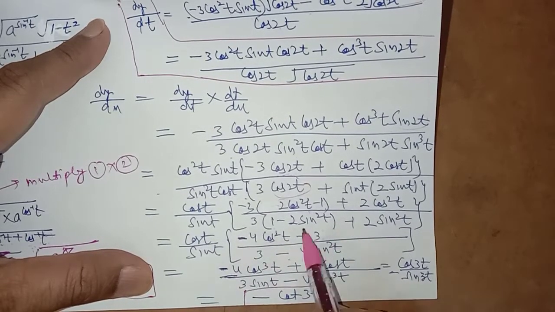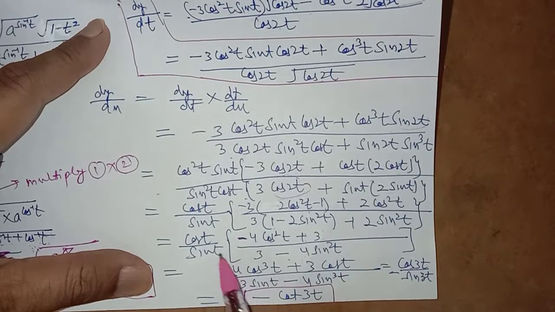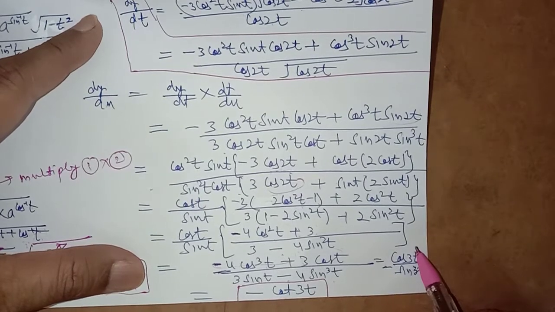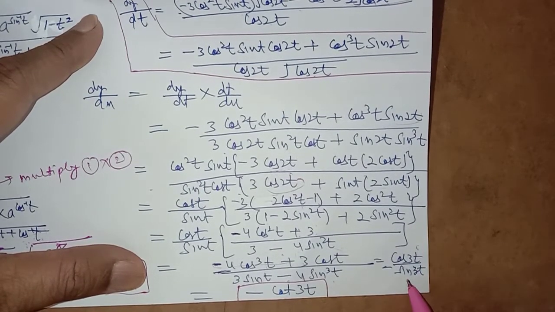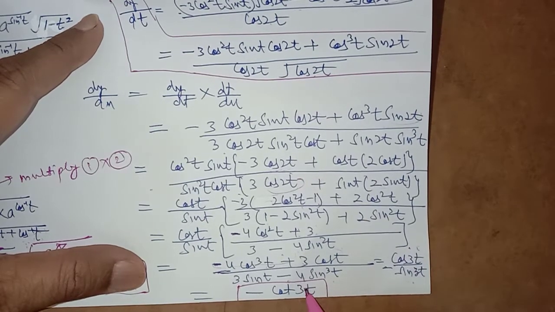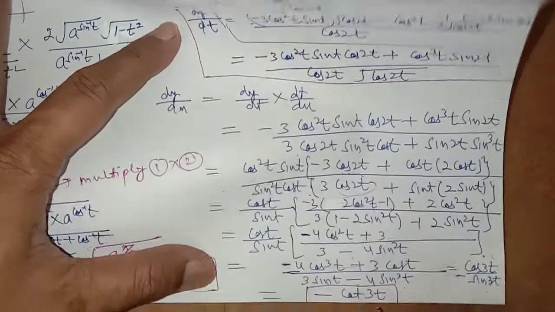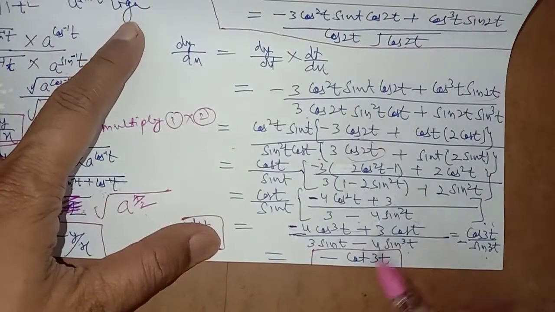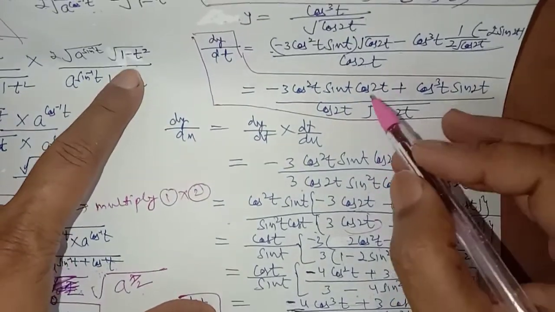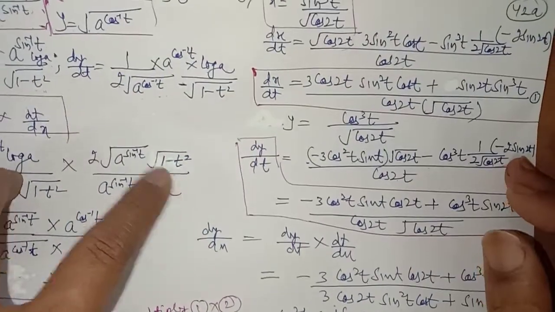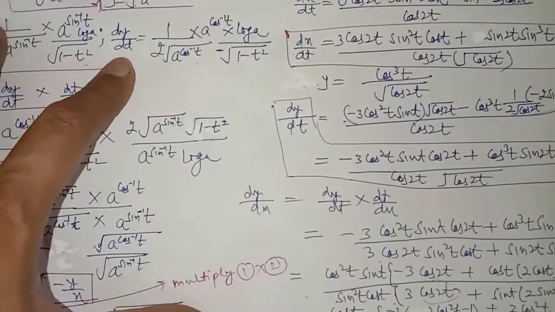Multiply cos t with the numerator and sine t with the denominator. We are getting minus 4 cos cube t plus 3 cos t and 3 sine t minus 4 sine cube t. This is the formula for cos 3 theta, and this is the formula of sine 3 theta. Sine 3x formula is this and cos upon sine is cot. So we have to manipulate many terms, or we have to arrange many terms to obtain the answer given in the answer sheet of the NCERT. Many manipulations are there. So do it at least 2 to 3 times.